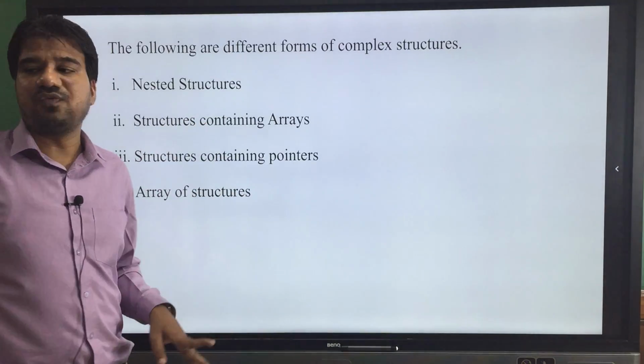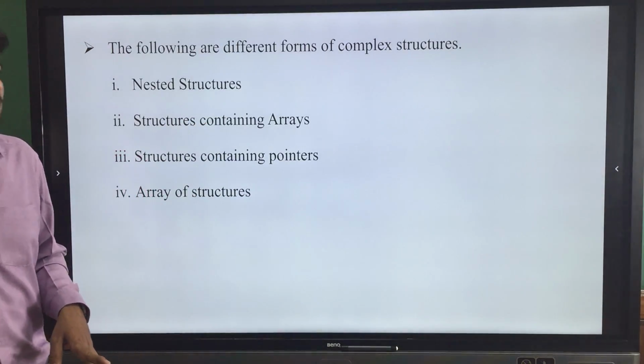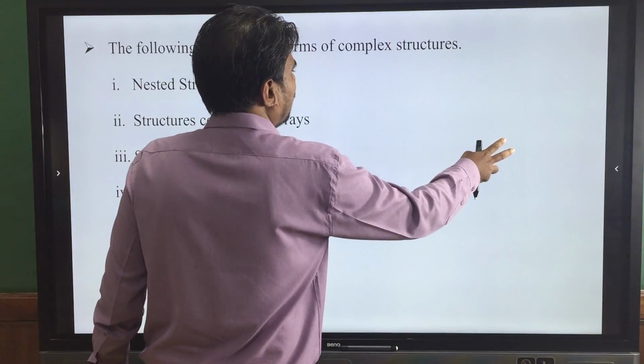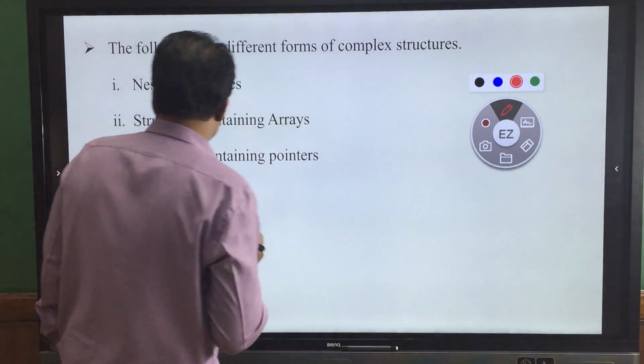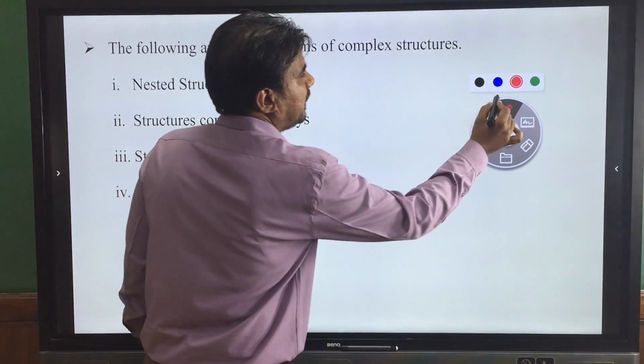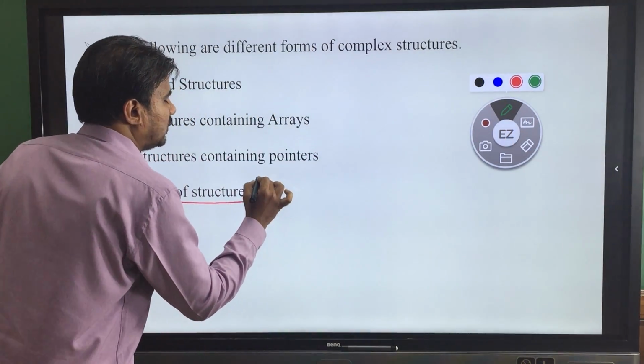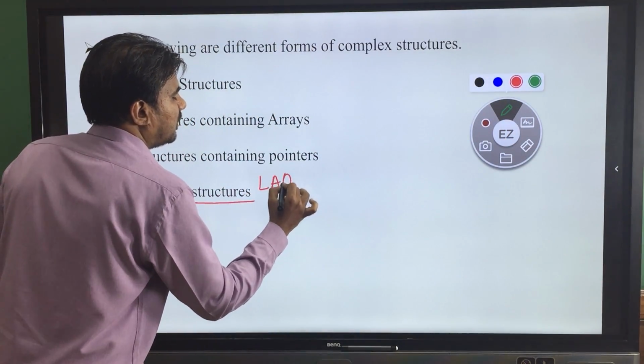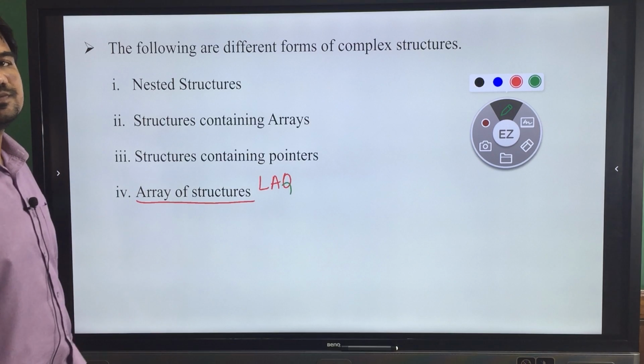Among these 4, we can expect one LAQ, and that too from the last concept, array of structures. It is a very important LAQ in your external exams.